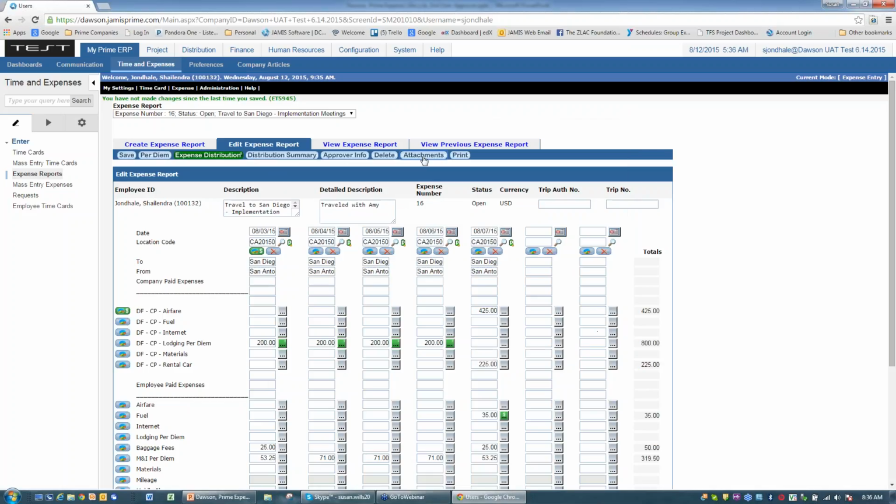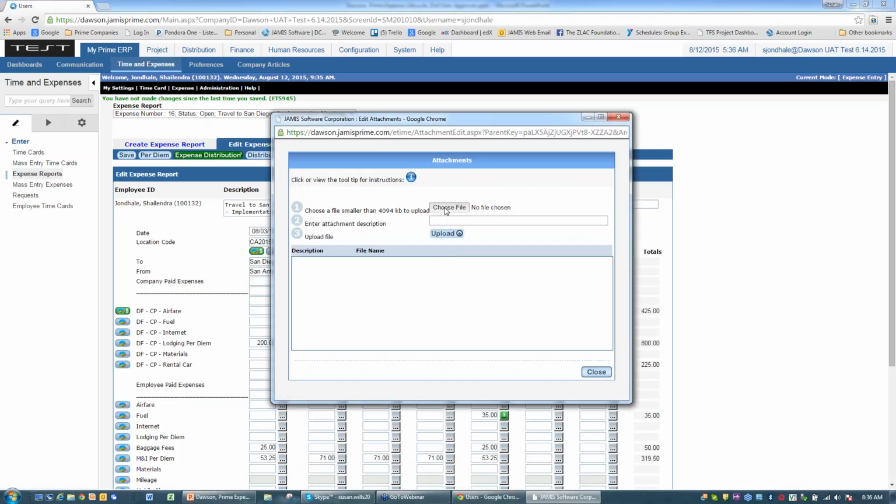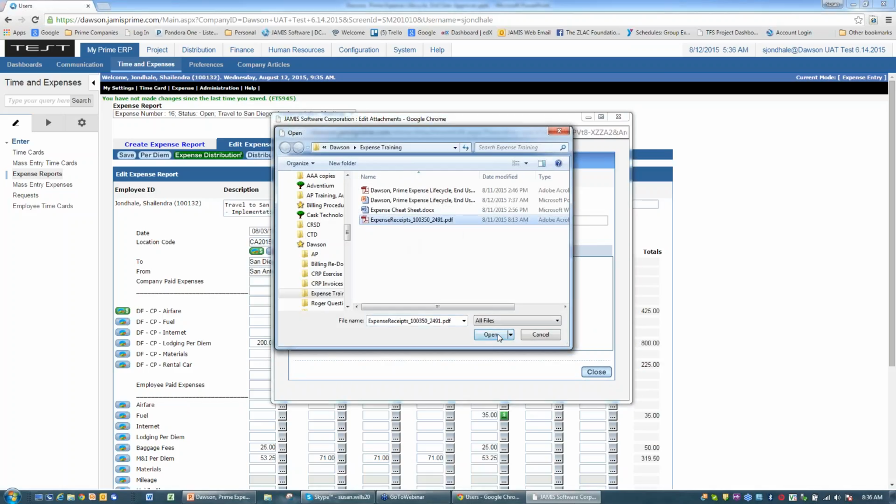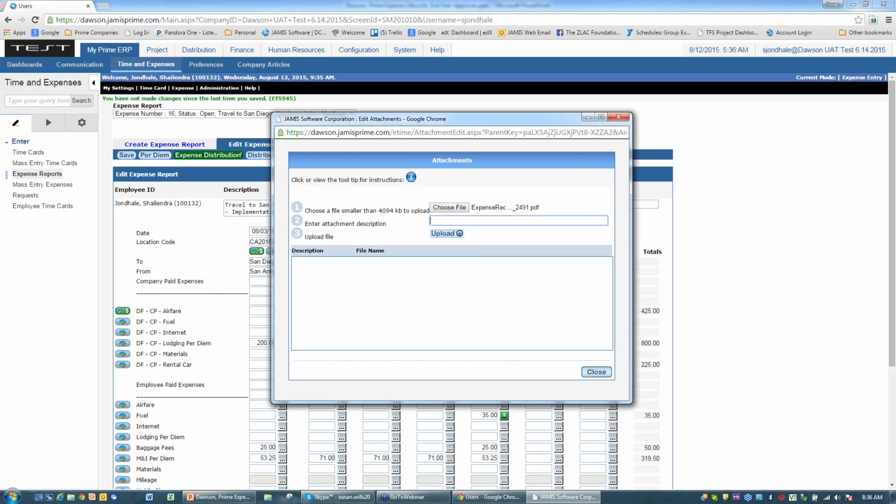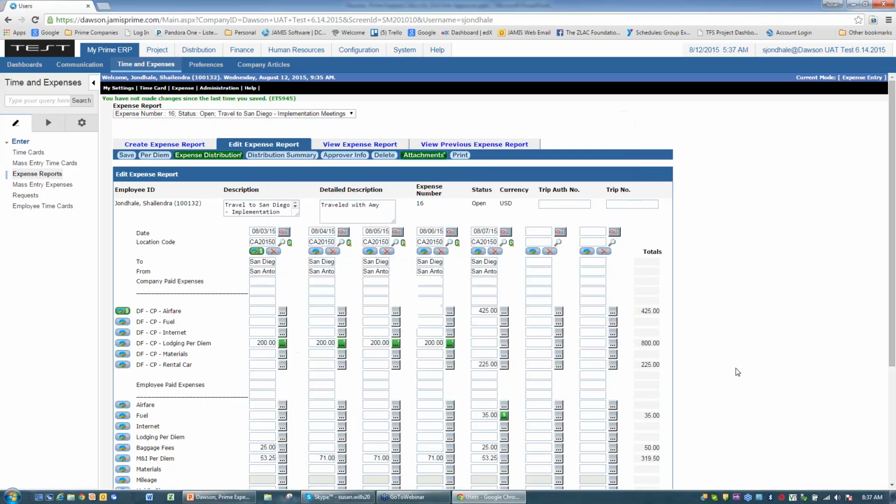This means I still have no receipt, so I'm just very quickly going to go grab that receipt again, attach it to my file. Let's call this Receipts for San Diego. Upload it, and then close it. All right, and you can see it is now green. This shows me I've got my receipts behind there. This shows me I've done my expense distribution. These other green cells show me that I have